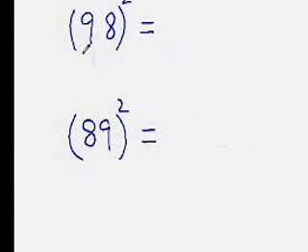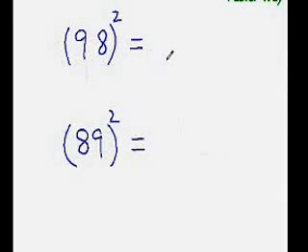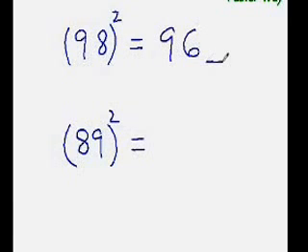Okay. So once again, you find out what is 98 square. So distance of 98 from the base 100 is minus 2. So subtract that 2 from 98, it would be 96. These are first 2 digits of your answer. Now for the last 2 digits, all you need to do is find the square of that distance. So 2 square is 4. So write 04 here. This is what your answer is.